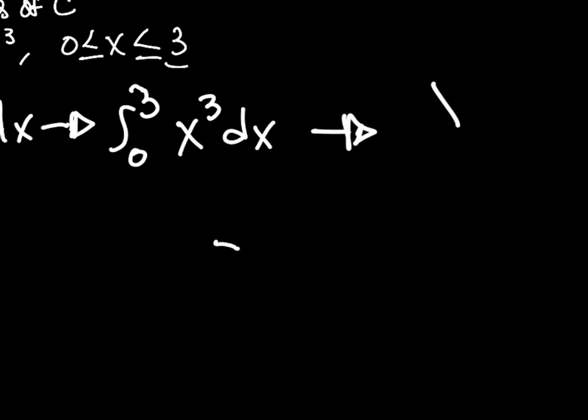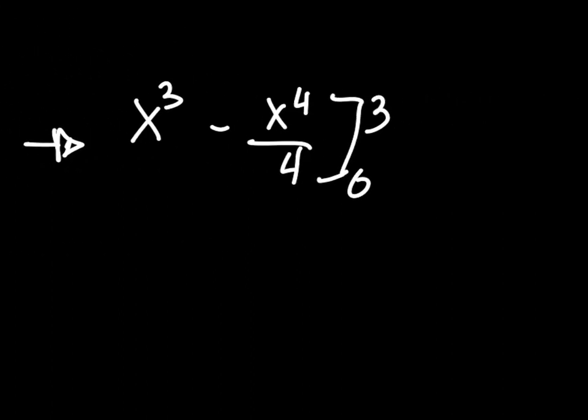But since this is, I made a mistake. Hold up. It would be x cubed, x to the 4 over 4, because this is a u to u prime situation. With 3 and 0, after we plug those numbers in, we get this number,